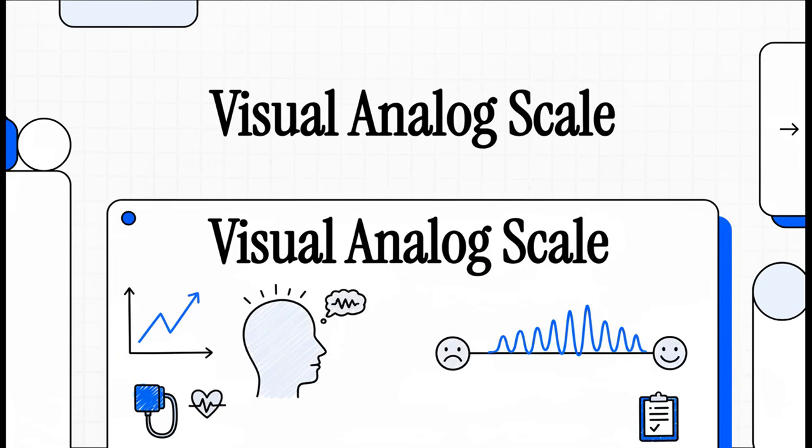As a clinician, you are constantly tasked with measuring the unmeasurable. You can easily track blood pressure, right? You can check a pulse, but how on earth do you actually quantify human suffering? Well, today we are mastering the ultimate clinical tool designed to do exactly that, the visual analog scale, or the